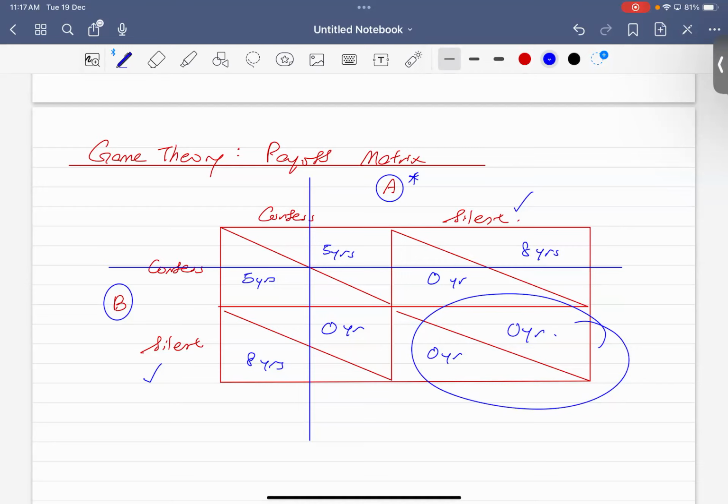Same thing as well, you use game theory and payoff matrices to analyze the payoffs from certain decisions. For example, company A either wants to increase the prices or reduce the prices, and company B can choose as well, either to increase or to reduce the prices. And you can see the outcomes. So that's how they use the payoff matrix to decide what is the best strategy for them to choose.